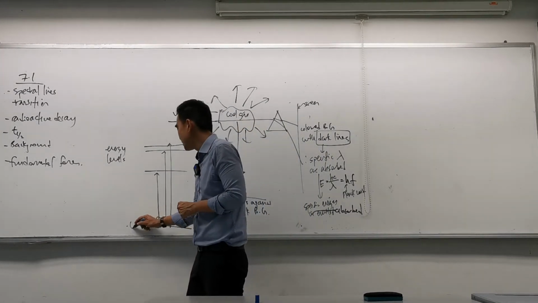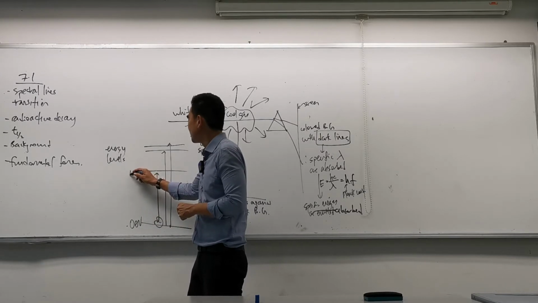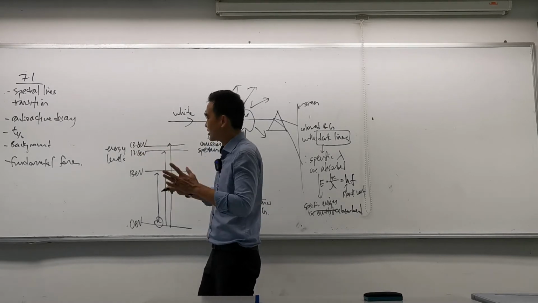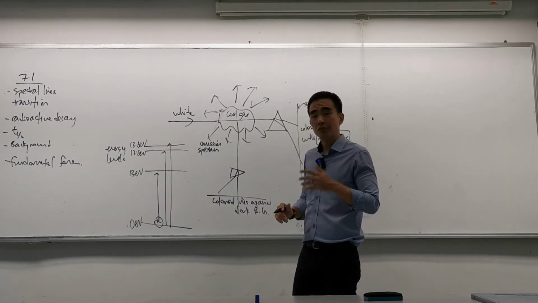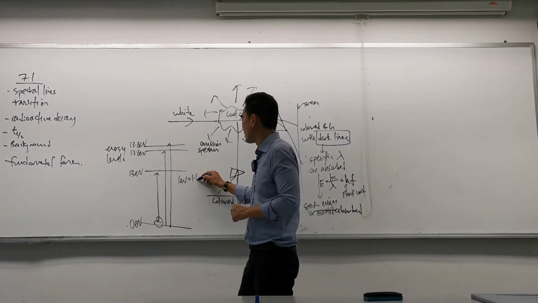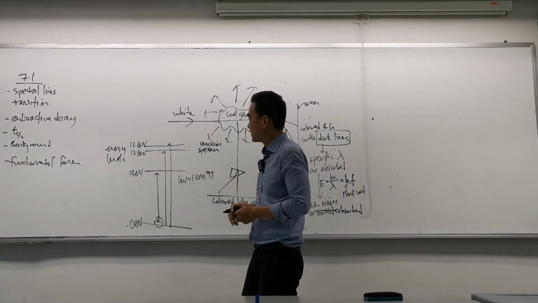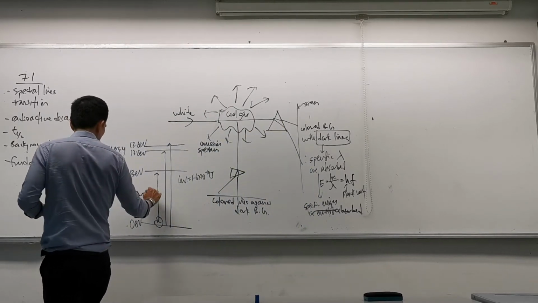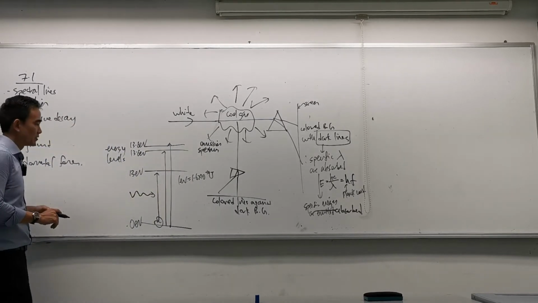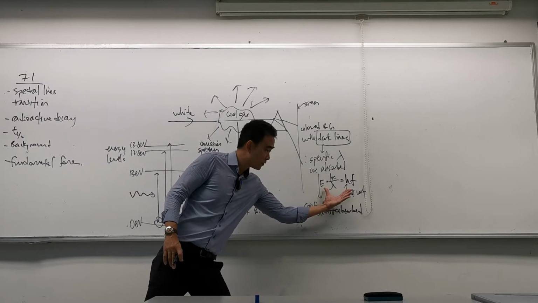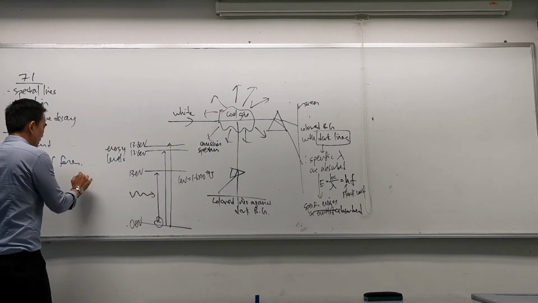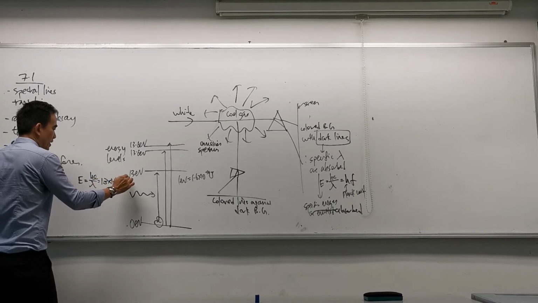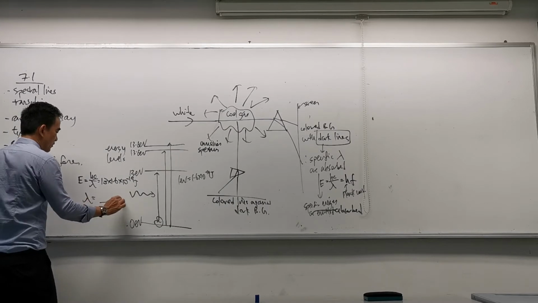I hope you still remember what eV is. Say, for example, this is 0 eV. This is, say, 13 eV, 13.6 eV, and 13.8 eV. Just some fictitious values. Just a recap, 1 eV is equal to 1.6 times 10 to the power minus 19 joules. And therefore, how do we find out the wavelength of light that comes in and gets absorbed by this electron? Coming back to this equation, E equals hc upon lambda. hc upon lambda equals 13 times 1.6 times 10 to the power minus 19 joules. From here, you will be able to find the wavelength.